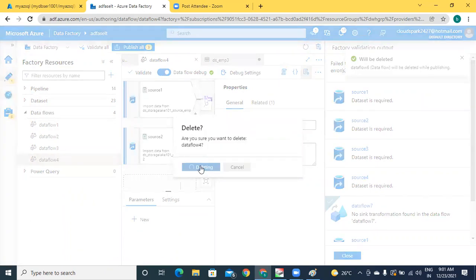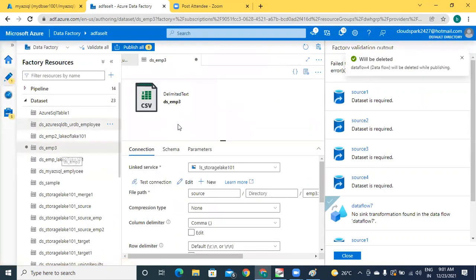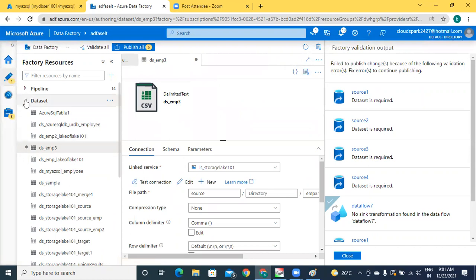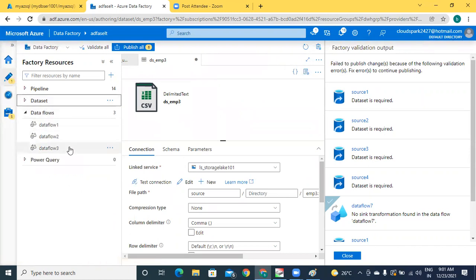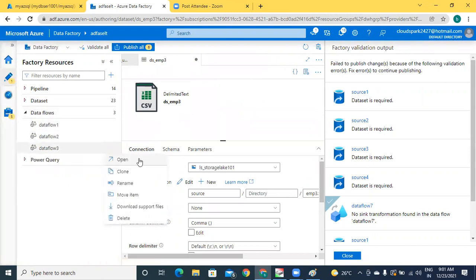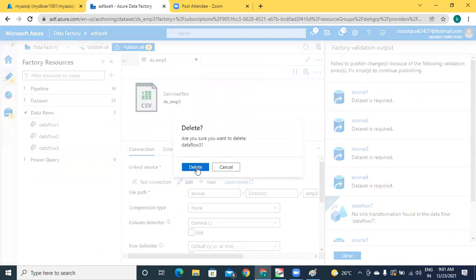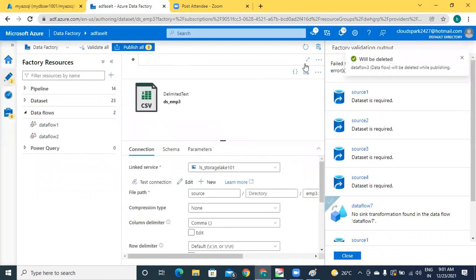Delete. Delete. Data flow 1, data flow 2 are all the old things, already perfectly configured.